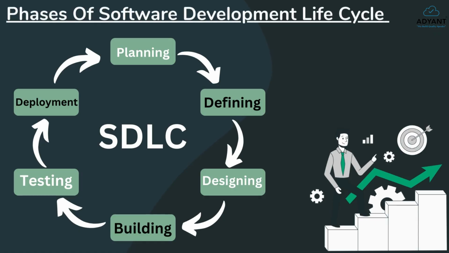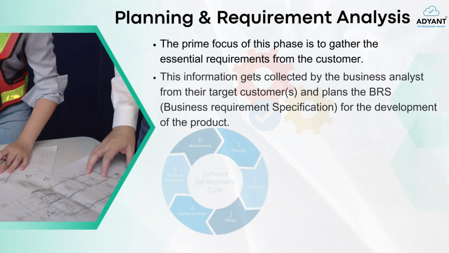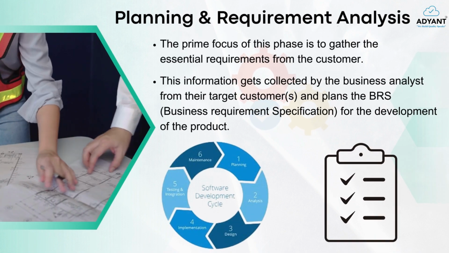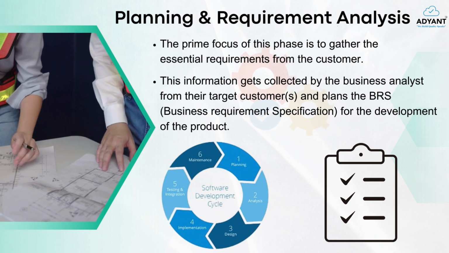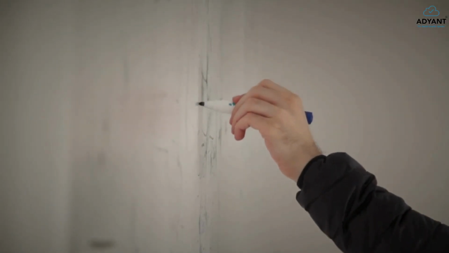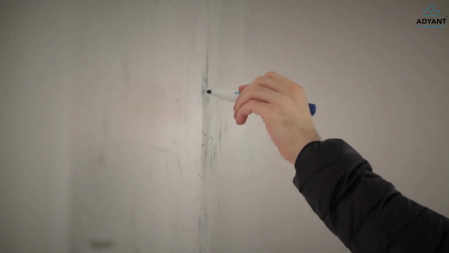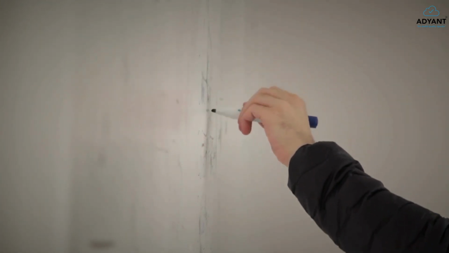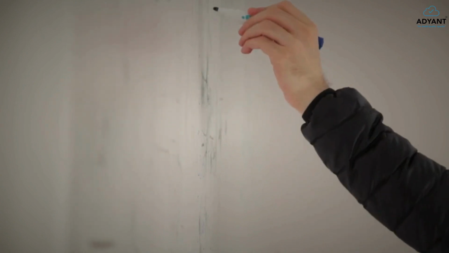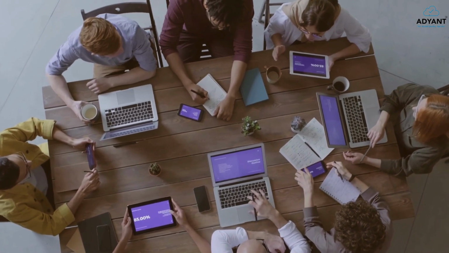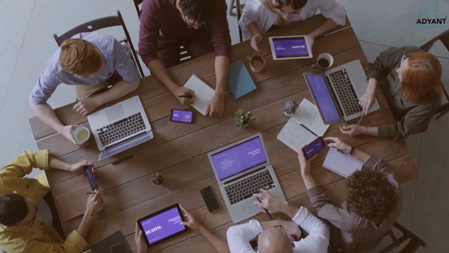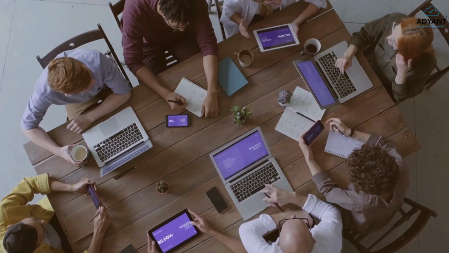So now moving towards the phases of SDLC. SDLC consists of 7 phases. So the first phase is planning and requirement analysis. Requirement gathering is the first stage of this SDLC process. It is conducted by the senior team members with input from all the stakeholders and experts in the industry. Through this process, a comprehensive understanding of the project scope, potential challenges and objectives is established. This enables the team to determine a realistic timeline for completing the system's work.